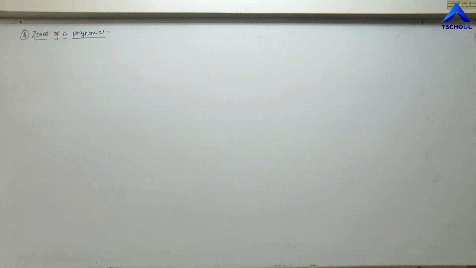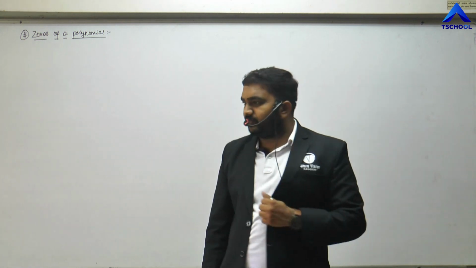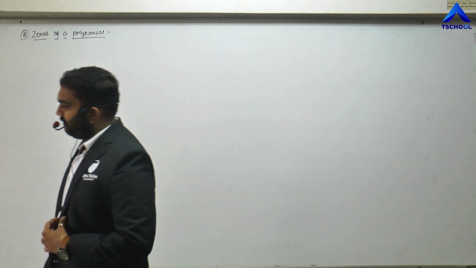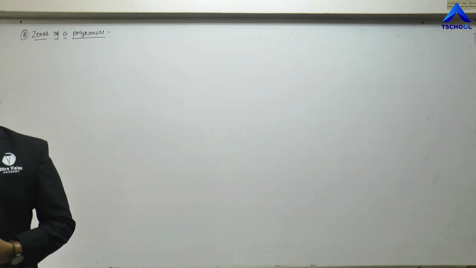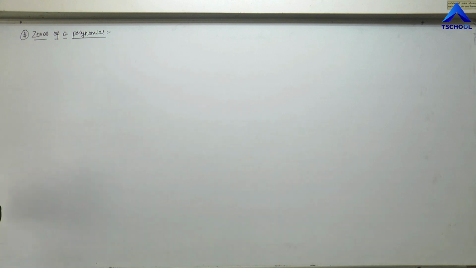Now, how we got the zeros of a polynomial, right? That was the easy task for us to do here. Now let us again come back to finding out or verifying whether the following given values are the zeros of the given polynomial or not, right? So again, writing down the question here,